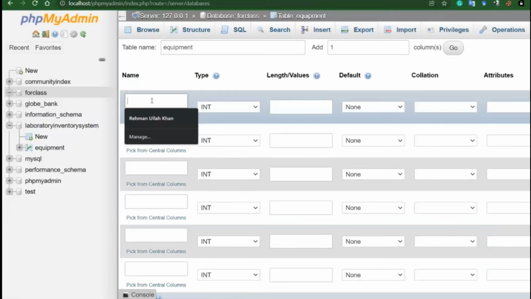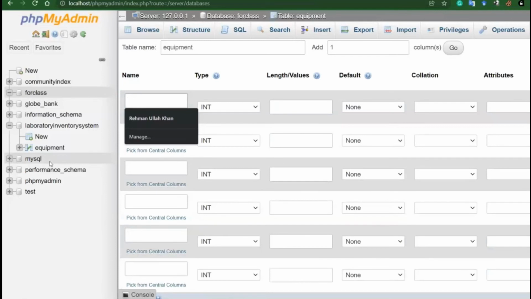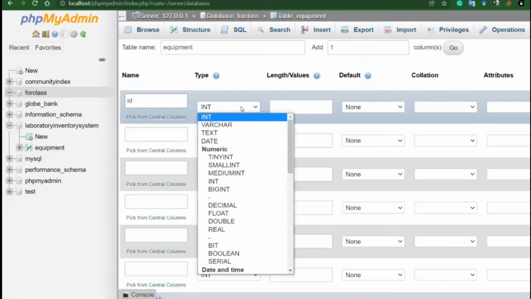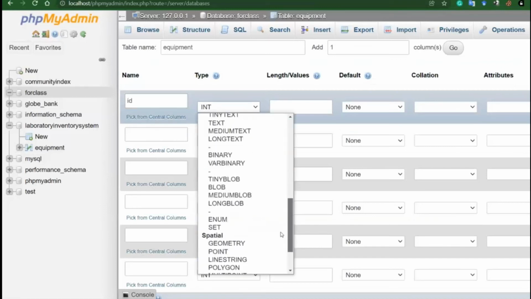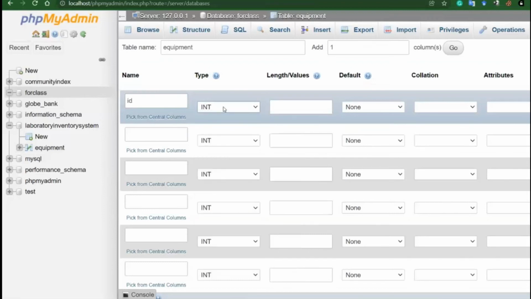Okay, a name. So the first column name, and this is the one that I wrote for you, should be id. What type of data will it store? It will store integer. You see, all these are the different data types that MySQL supports. In this case it is id, and it will be a numeric number, so it should be integer. You can specify its length, which will be the number of digits in one id.